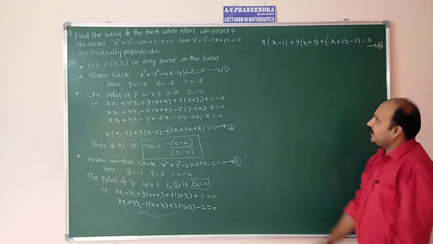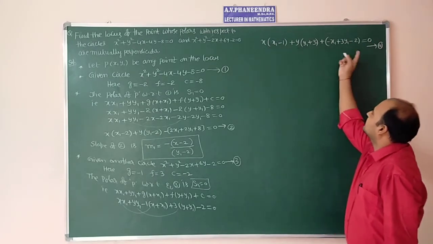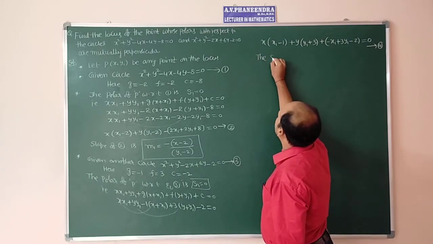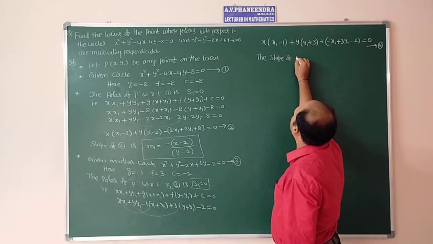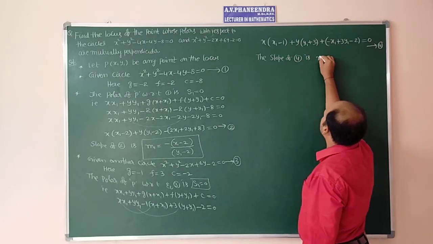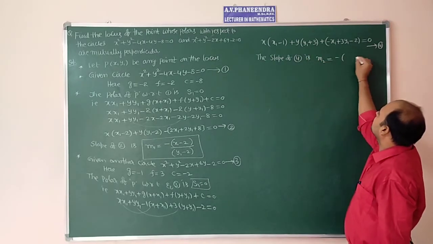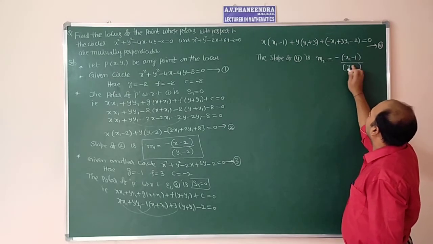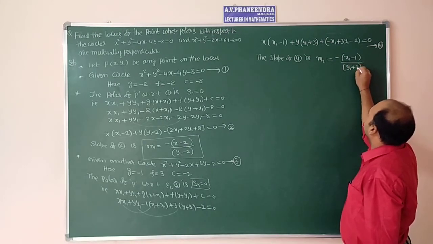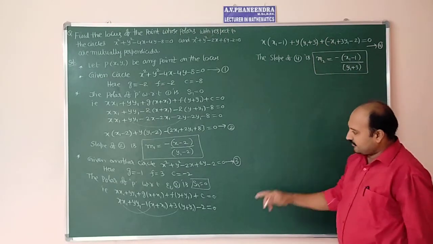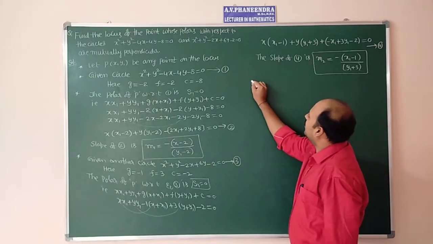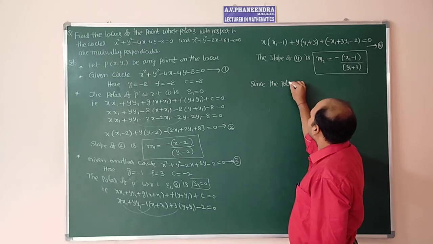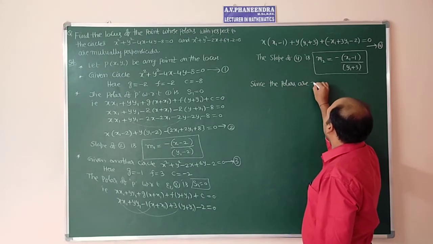Equation number 4. It is in the form ax + by + c = 0. Whose slope? The slope of the second polar. The slope of equation 4 is m2 = -(x1 - 1)/(y1 + 3). After getting m1 and m2, since the polars are mutually perpendicular,